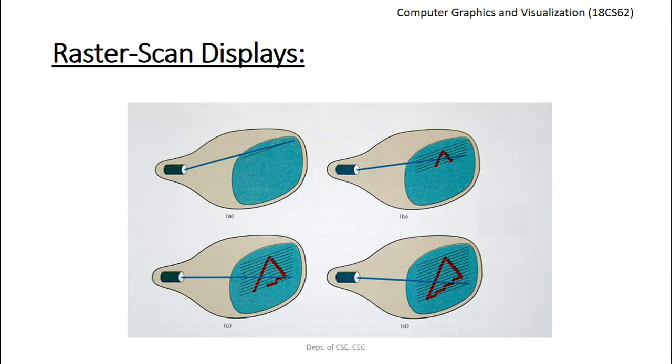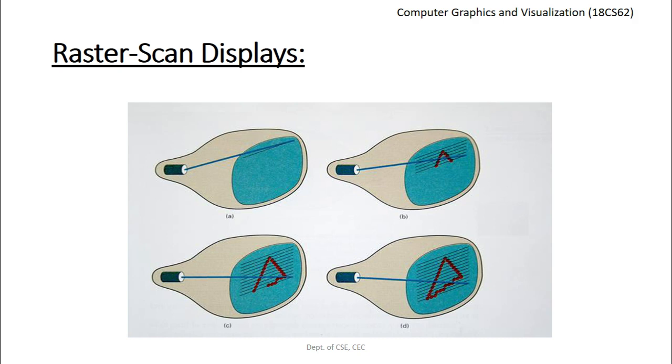In case of color raster scan displays, the frame buffer will store a pixmap, which will contain the number of bits required to represent the color of the pixel. So for a true color display system, the number of bits for each entry is 24 bits, and there need to be 256 levels of intensity value, that is 256 voltage settings for each red, green, and blue electron gun. So that is in case of raster scan displays.